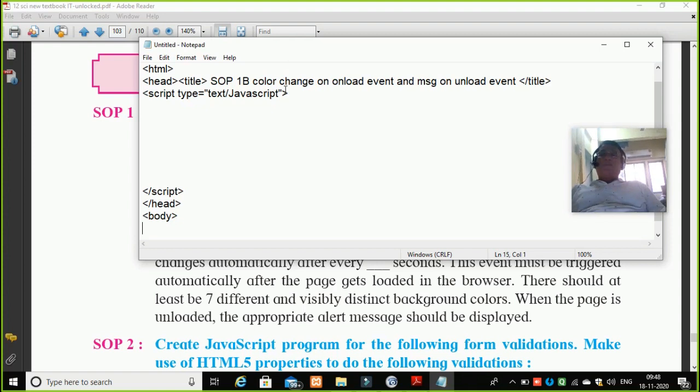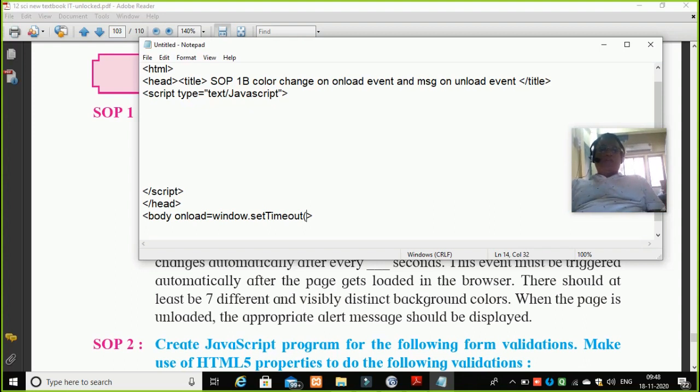So I have an event called body onload equal to, I will call the function setTimeout, and the color should stay on the screen for say 500 milliseconds, which is white, and thereafter it should change.